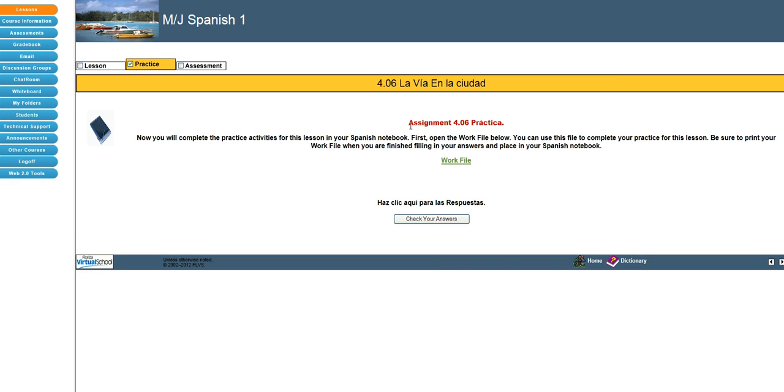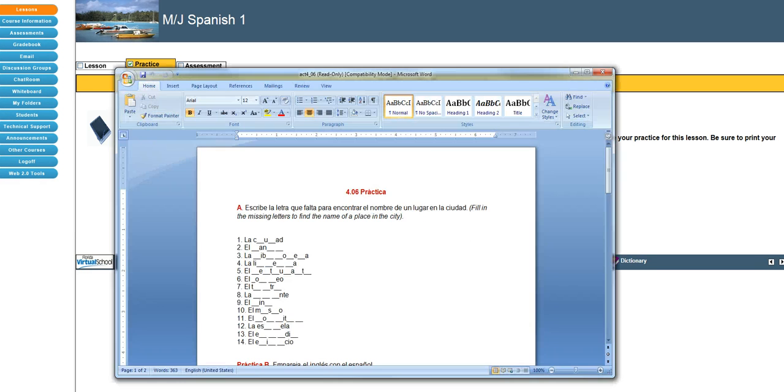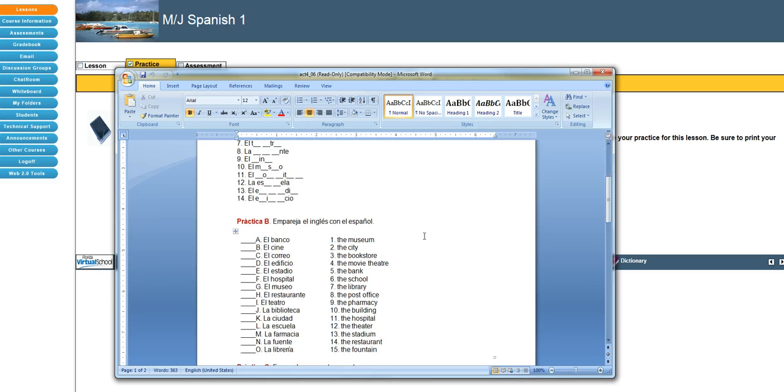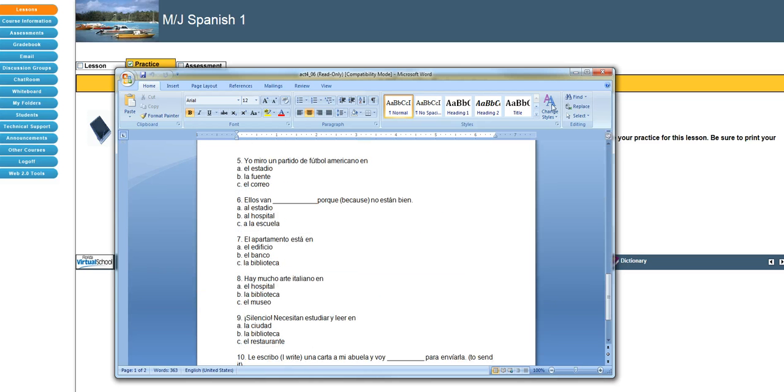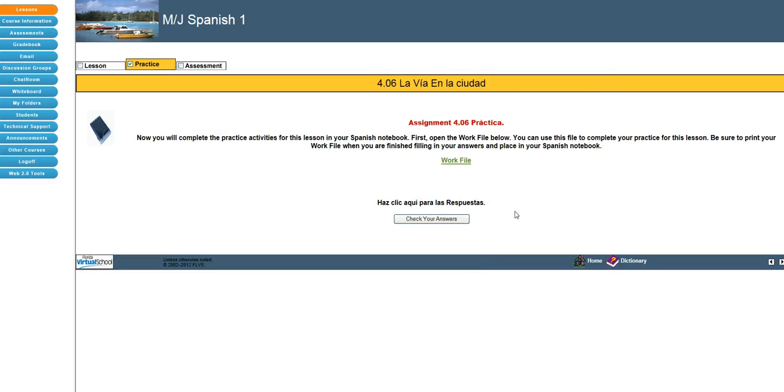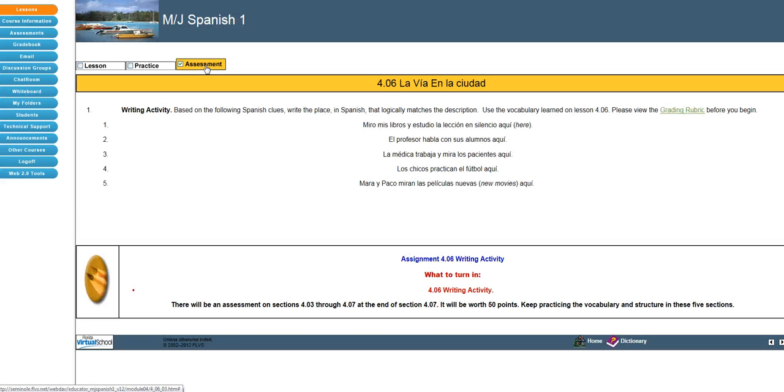Now we've got our actual assessment. So you're going to go ahead and open it up, and you're going to answer these questions and practice the vocabulary. That's part of helping you remember. Make sure you click and check your answers. And then for the assessment, it's actually really pretty easy because it says here, all you're going to write down is the place, the name of the place that you learned in the lesson. Again, you're not Googling this place. This place is what you learned. So the hardest part is to figure out what it is here.